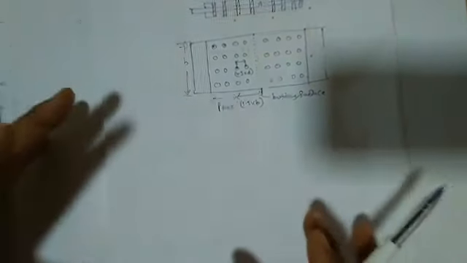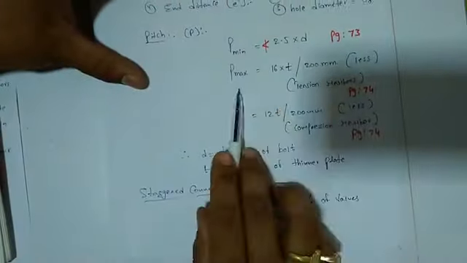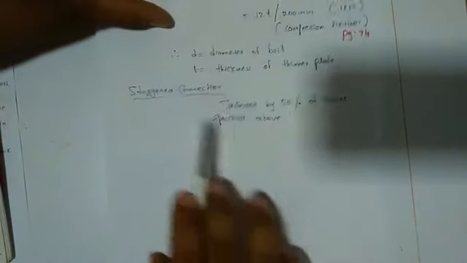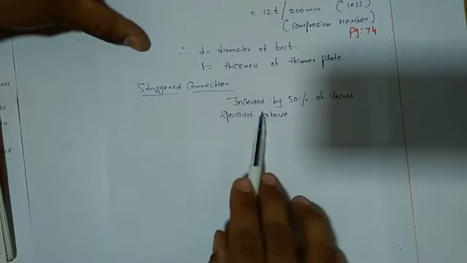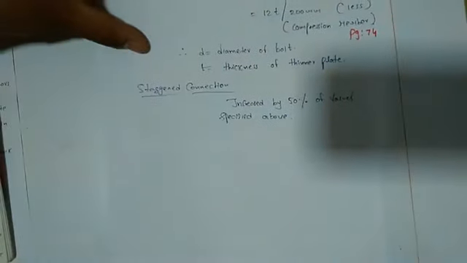So this is what exactly the pitch means. Got it? Pitch minimum is 2.5 times of d. Pitch maximum is 16 times of d, 12 times of t. And for the staggered connection, you have to increase the maximum pitches by 50% of the above mentioned values. Okay, that's it. So this is what pitch means, right? Now we will discuss gauge.